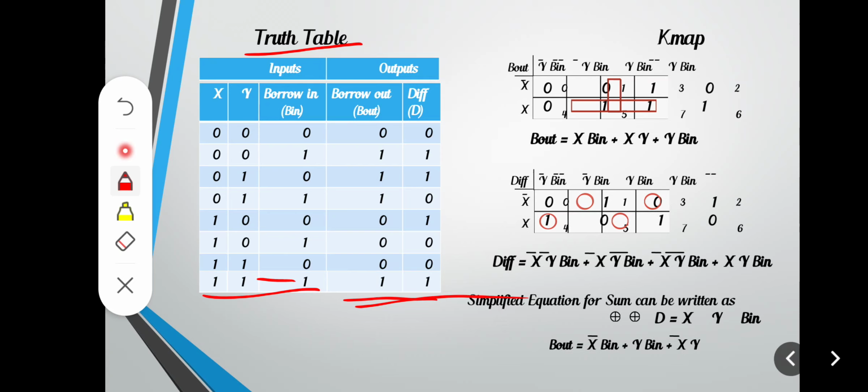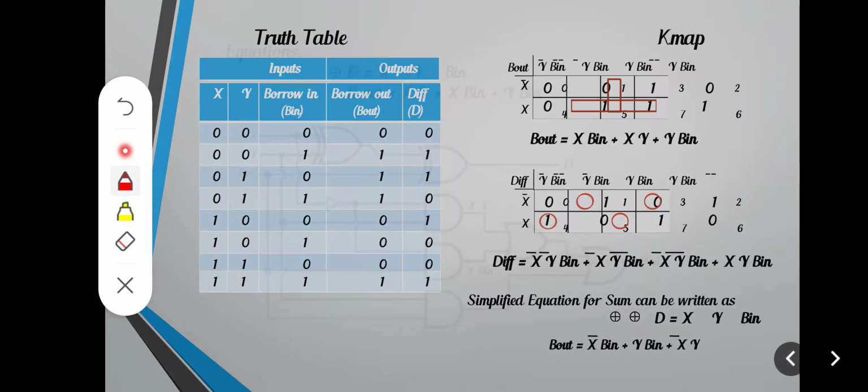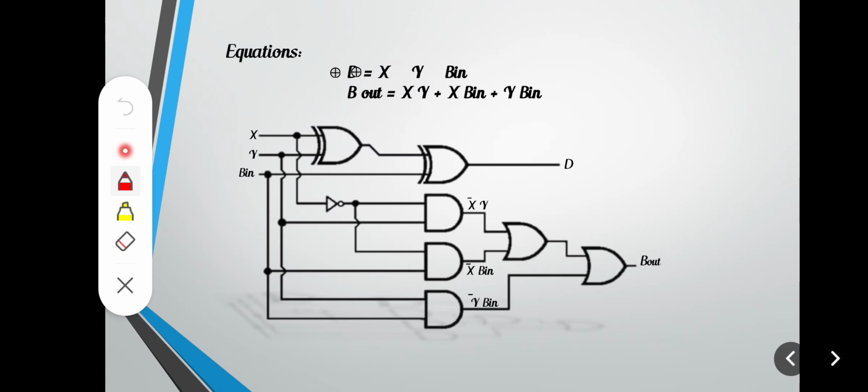So we can find the minimal expression using the K-map. This is the expression for difference and borrow output. So the Boolean expression of this difference output can be written like this. The logic circuit for this difference as well as borrow output is this,